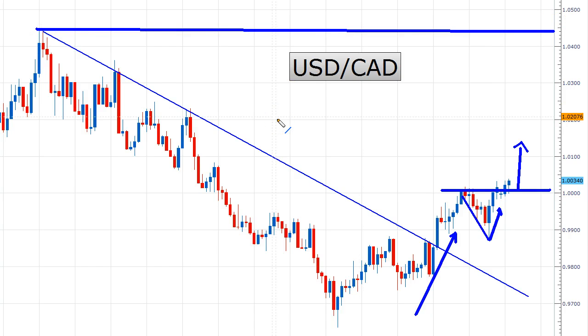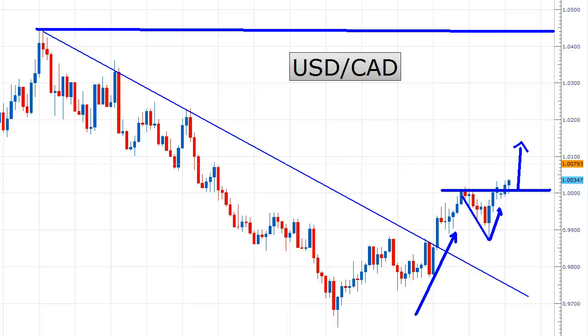If the US dollar strength does continue, and there's a lot of pairs that the US dollar is looking pretty good against, if that continues, then we're going to have some serious potential for the USD CAD, along with the USD yen, along with the euro dollar, along with the pound dollar, along with the AUD dollar. But the USD CAD, of course, falls into that category of the US dollar having a major effect, because it's obviously in that pair. So if your USD sentiment is right, it's going to provide a lot of good trades across the board on all of those pairs that we just mentioned.